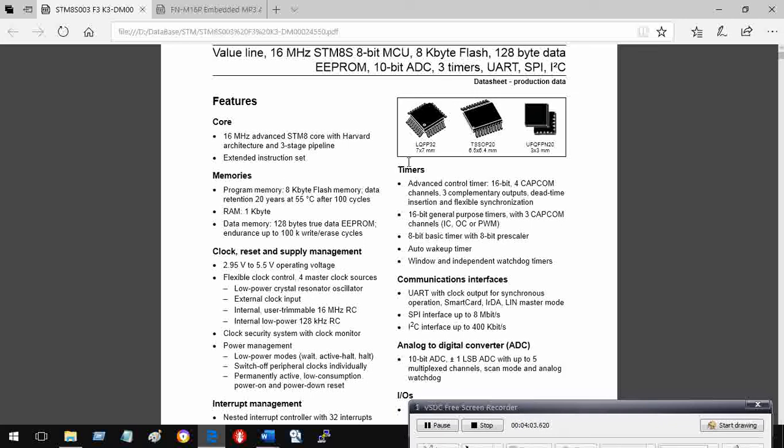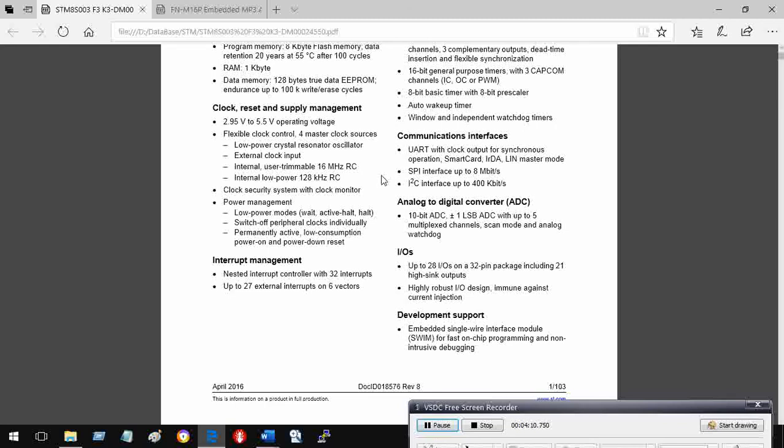And it has got a UART, as we saw earlier. Practically every CPU, every microcontroller will have a UART. It has got a UART, and it has got a lot of IOs.